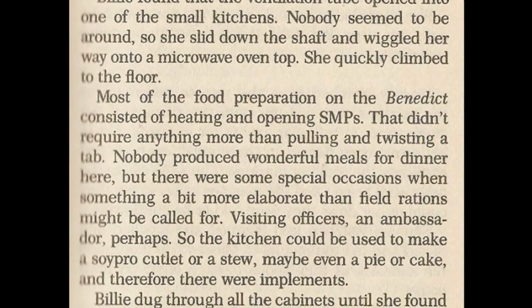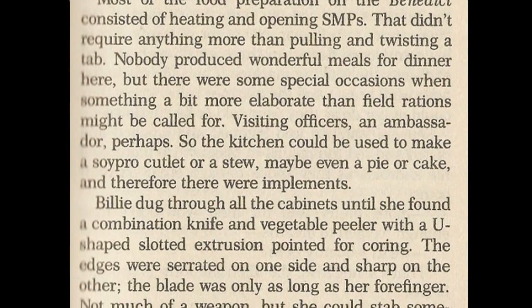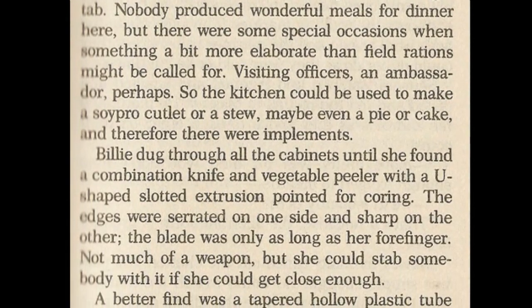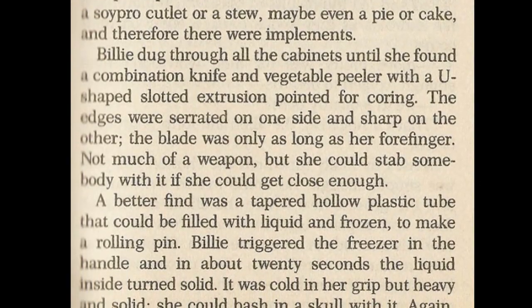During the takeover, no one noticed Newt, which was good for her as she is now the Ripley replacement. Her campaign begins, oddly enough, in the kitchen, where she arms herself with the most powerful weapons known to mankind. A combination knife/vegetable peeler and a rolling pin. But in this case, it's a rolling pin of the future, using modern cryonics,